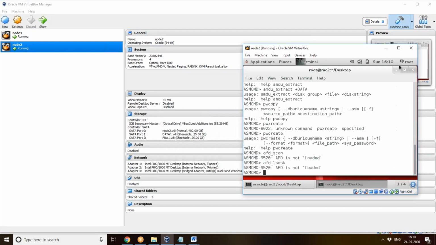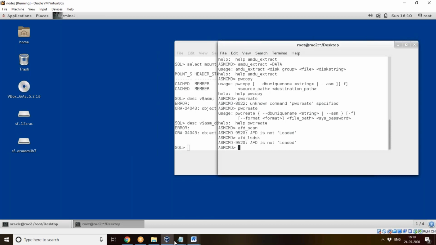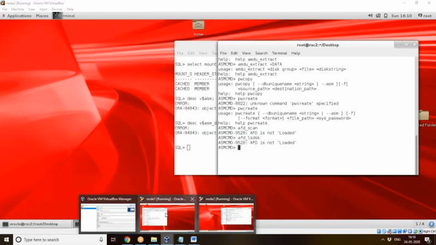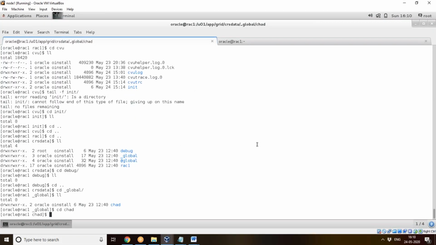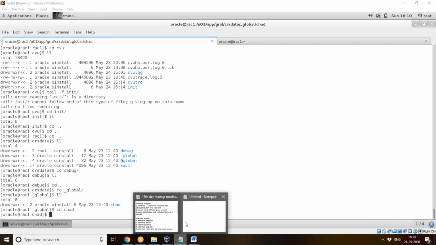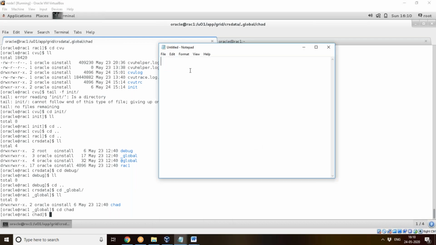Okay, so now this is node 2, this is node 1. Now as a root user, we can start and stop the cluster.